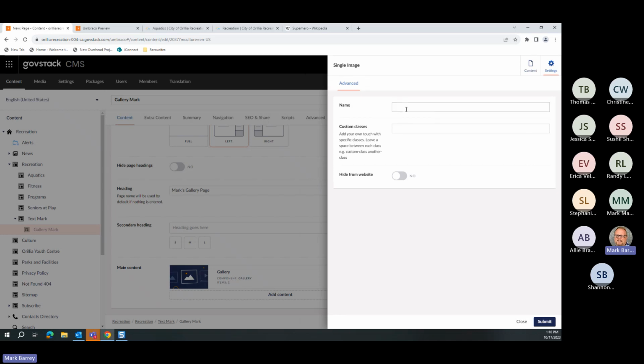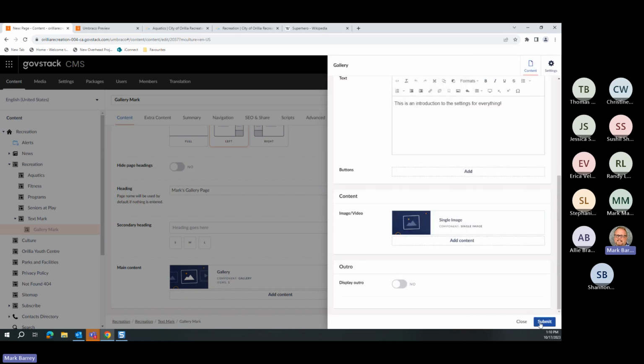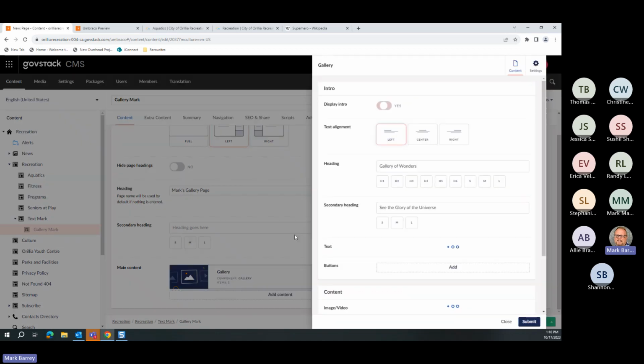Okay, and what I can do is I can type, this is corgi. Now the rest of this, the custom classes, don't worry about. Hide from the website. Am I hiding this picture? No, I want people to see it. So when I hit submit and submit from here, if I go back into my gallery, it has renamed this